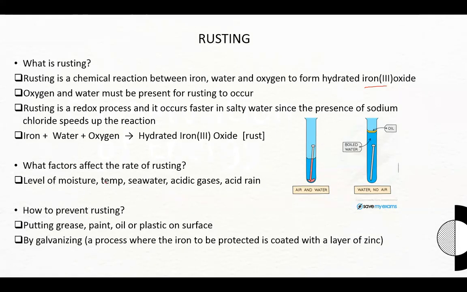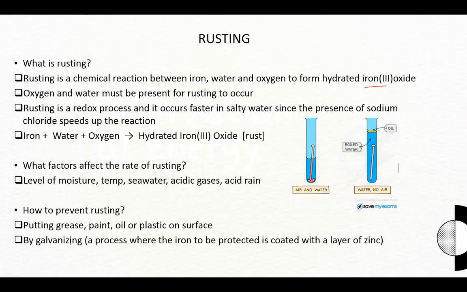So, what factors affect the rate of rusting? We have the level of moisture, temperature, seawater because of that salt, acidic gases, and also, of course, acid rain, which we know is very corrosive. Now, how do we prevent rusting? We can put grease on the surface of whatever metal, we can paint it, we can put oil or plastic